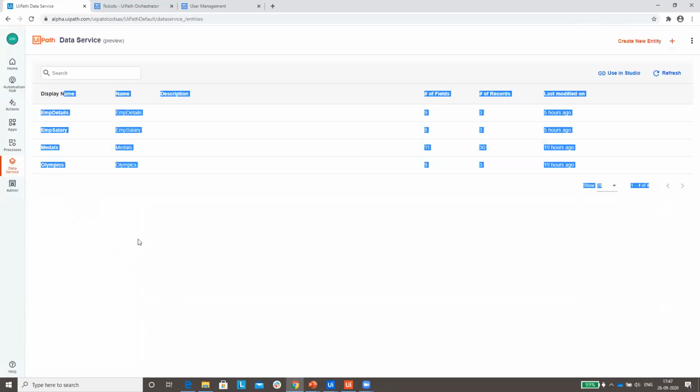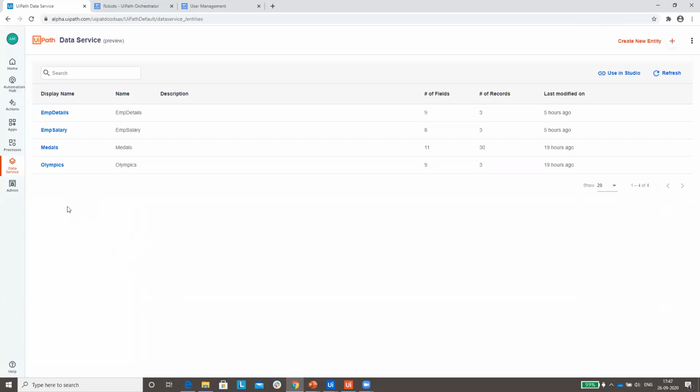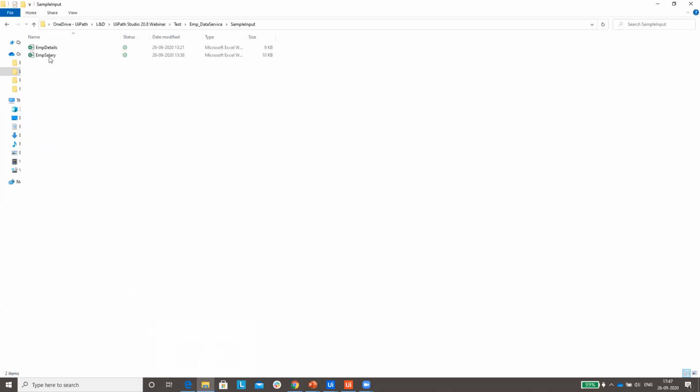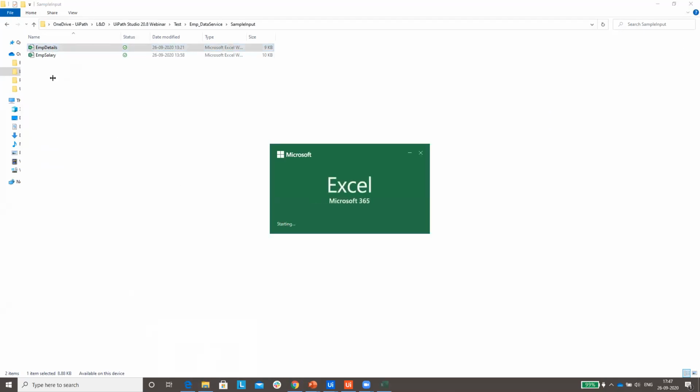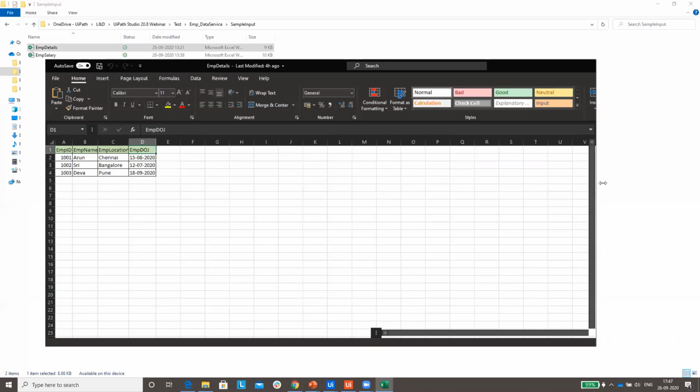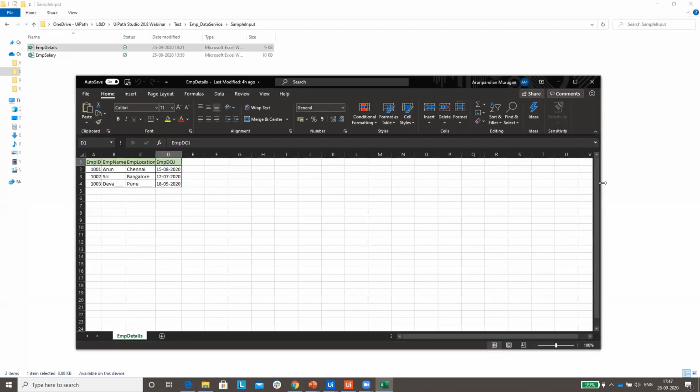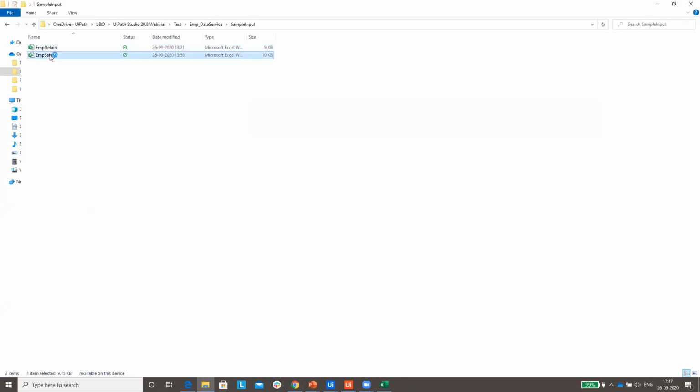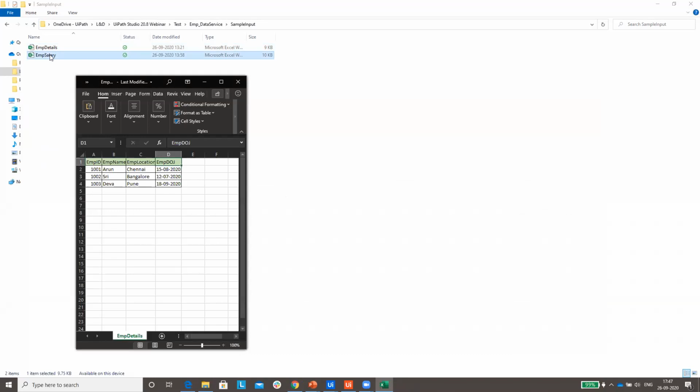I have created a few entities here, but I'll show you how to create and use them. Today's example I'll explain with these two Excels: one is employee detail, and another one is employee salary.